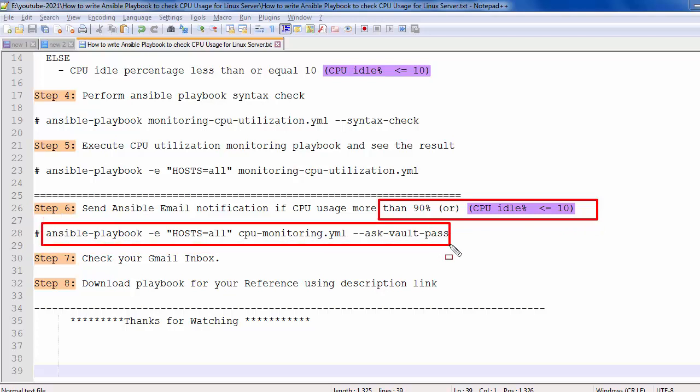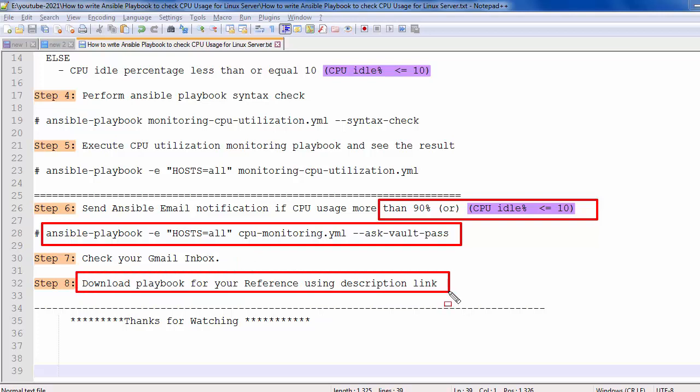You can check my previous video, I will give you the description link, to see how to configure the mail. Using that method you can integrate the mail configuration in this playbook, which is available in the download link, and you can test your CPU monitoring via the Ansible playbook and also get the notification.